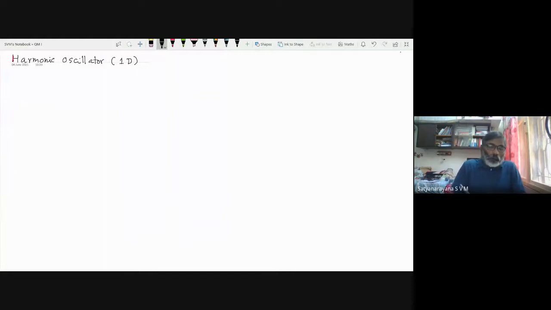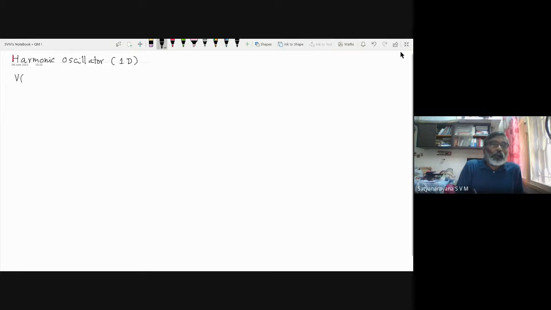Okay. So the harmonic oscillator is a very important problem, and hence we try to do this in detail. In general, there are many things that we can learn in terms of doing quantum mechanics of the harmonic oscillator. So our starting point is the Hamiltonian of the system. The harmonic oscillator potential is